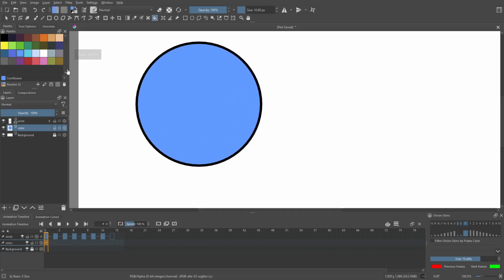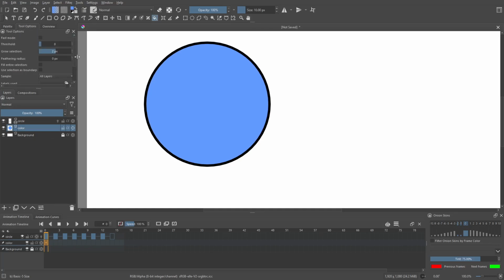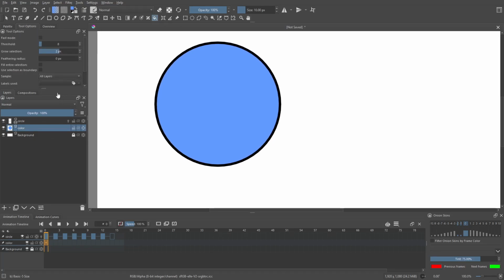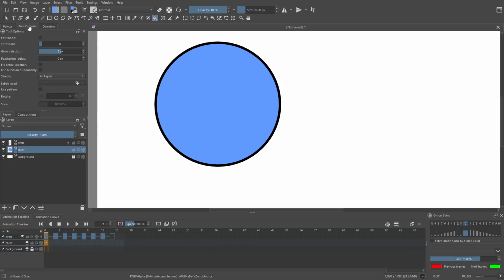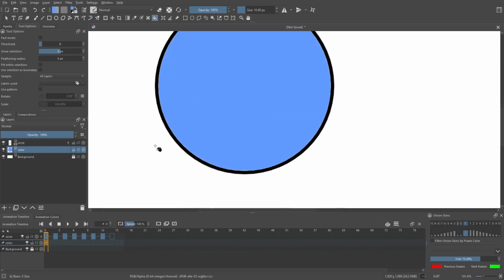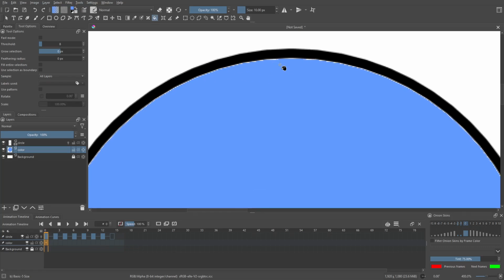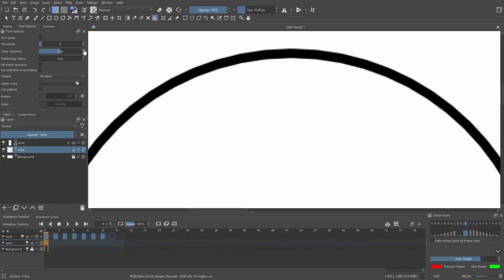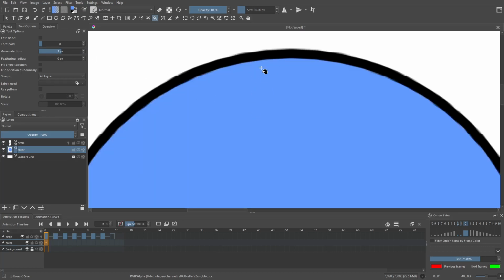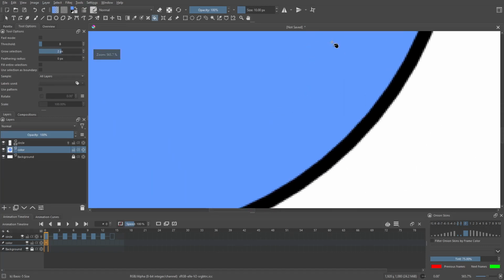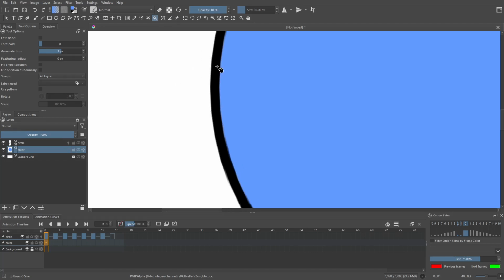tools set up. So really quickly, let's go through this and just explain to you why it looks so good. So make sure that when you use the paint bucket tool, when you open up the tool options dialog here, you can see that the threshold is on 8. The grow selection is very important, or else you'll get these weird lines. See if I can show you. Undo, there we go. These weird lines. See this little white line, the white edge around there? Yeah, you don't want that because it looks really, really weird. So the way to undo that is to make the grow selection by 2, so that when you do it, it'll grow the selection a little bit, so you don't have to worry about those weird white lines around the